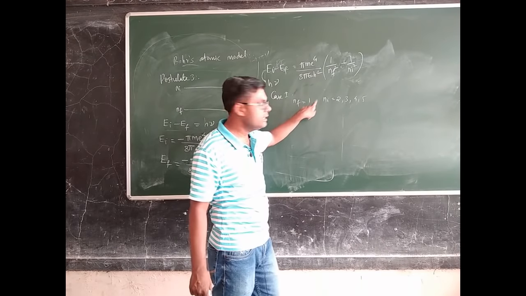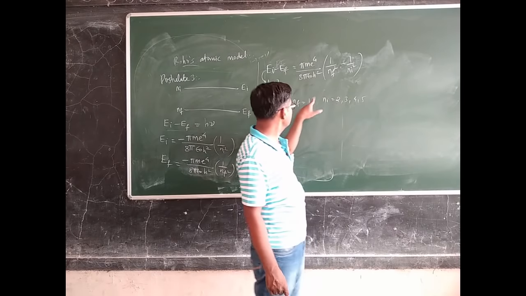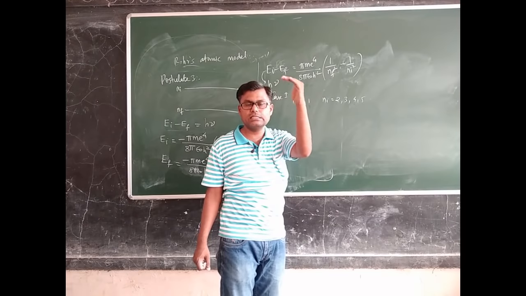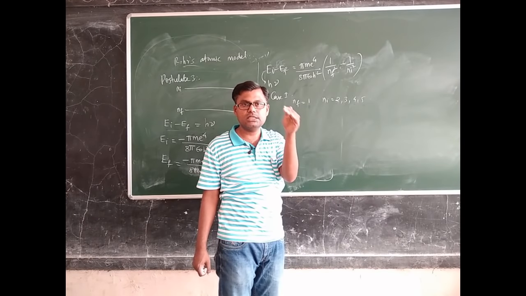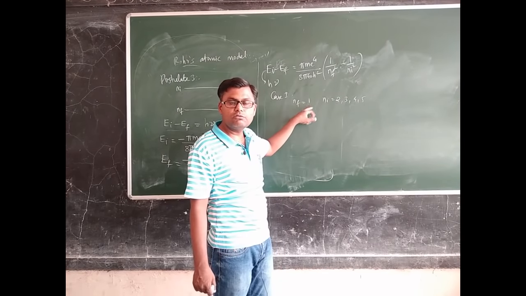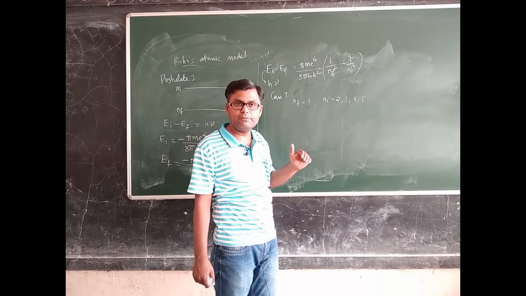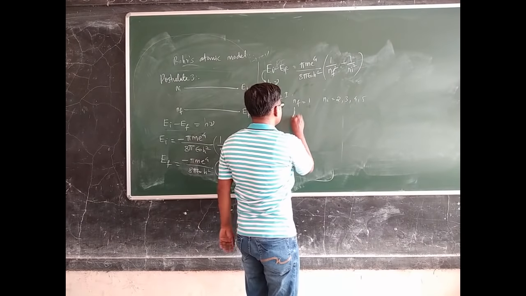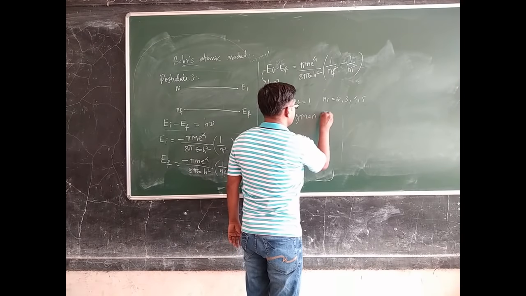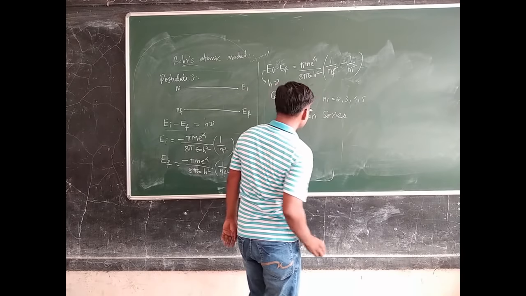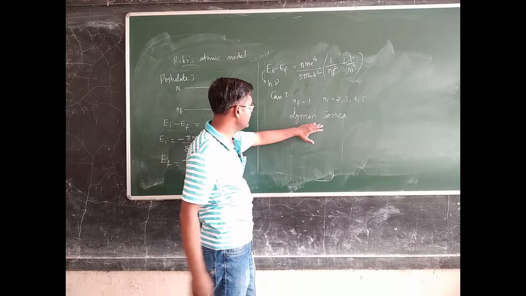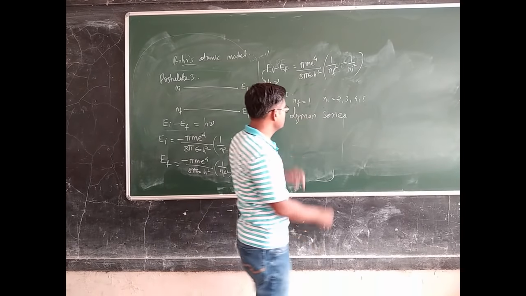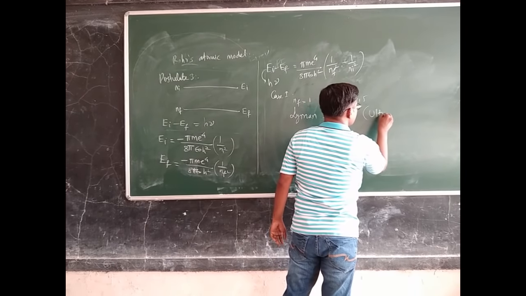orbit to the first orbit, from the fourth orbit to the first orbit, from the fifth orbit to the first orbit. It means that from the various higher energy levels, if the electron is making a jump to the first orbit, then whatever electromagnetic radiation we get, that spectrum will be called the Lyman series. Okay, so this is the first series which we can get, and this particular series we do not normally observe, because this particular series is in the ultraviolet